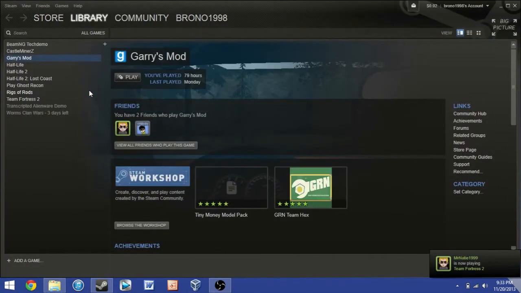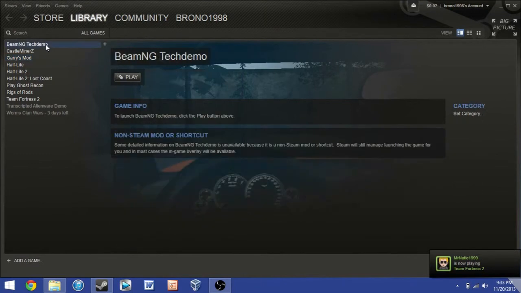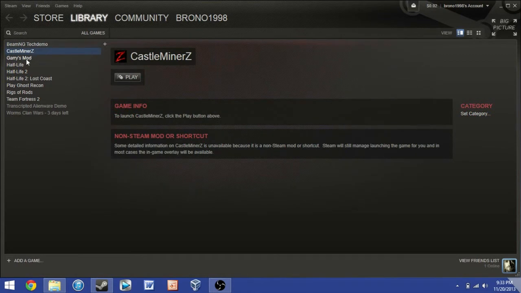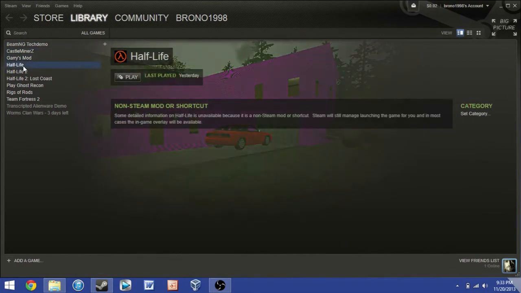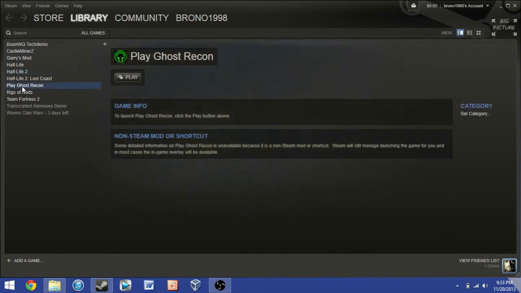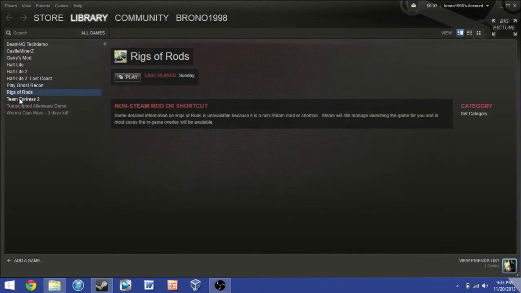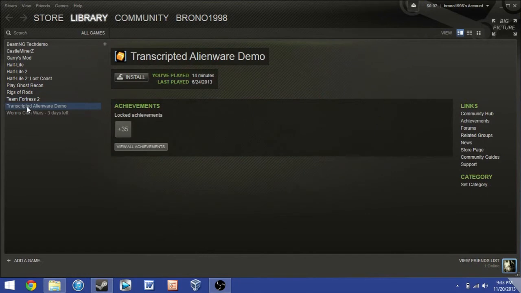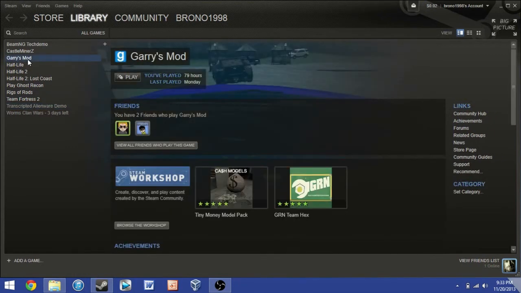That's Steam anyway. So, you know, I played this a couple times. BeamNG Tech Demo. Castle Miner Z. Garry's Mod. Half-Life. Half-Life 2. Ghost Recon, an old game from like 2002. Rigs of Rods. Team Fortress 2. I got this to get my account at premium before I actually got a Steam card. So yeah,